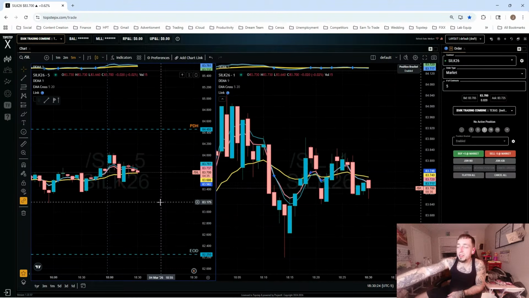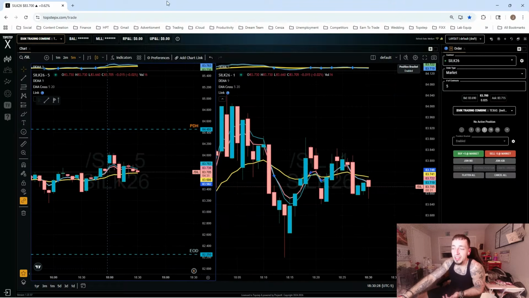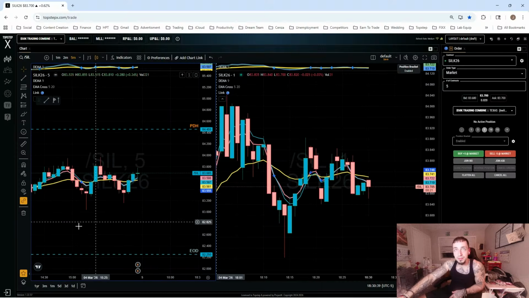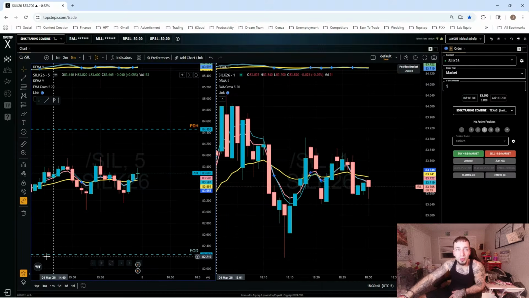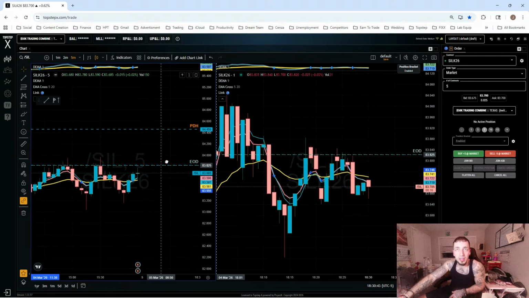Okay, so once again, you guys know the routine. Let's just run through it. First thing I do each and every single day is identify my key levels of interest. On silver, an easy way to do this is just put regular trading hours on, and then you literally just move your pit numbers accordingly.